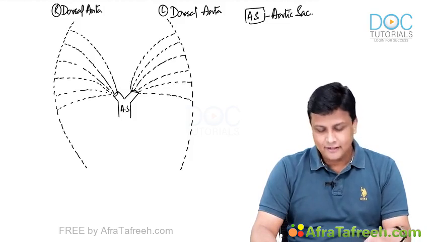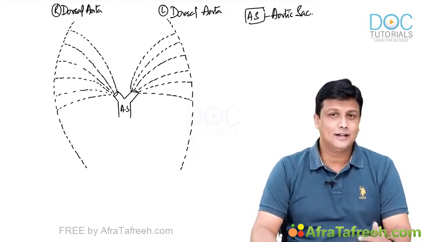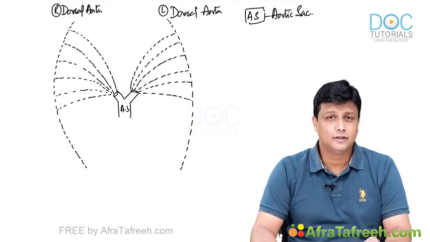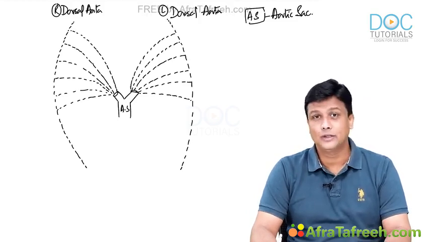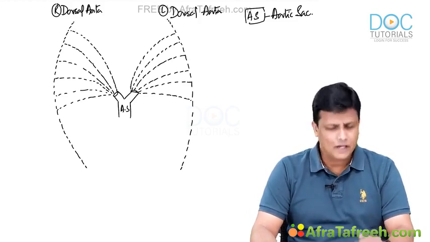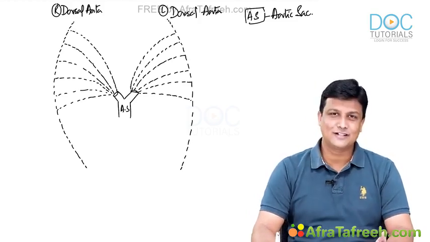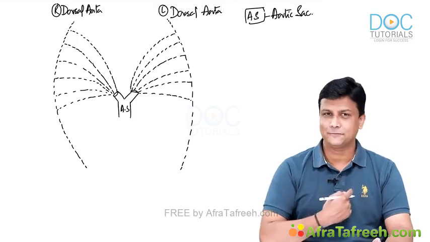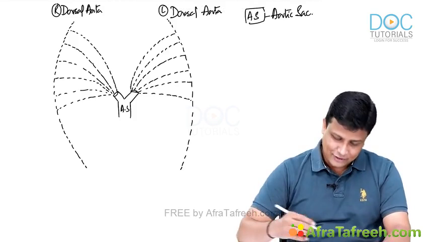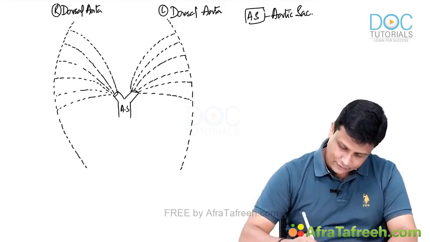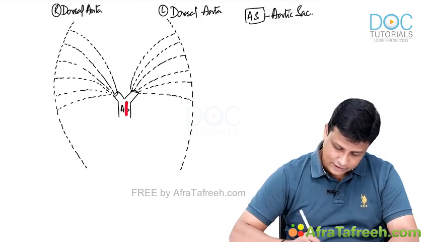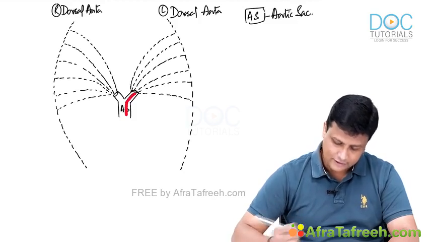Now once the entire platform is ready, let us see which arteries will be developing from where exactly in an easy manner. First of all, let's get started with the biggest one, the largest one, that is arch of aorta. Apply common sense, guys, right from first year onwards. Arch of aorta we have been drawing towards the left, at least in our diagrams in books. So therefore, arch of aorta will be developing from number 1, aortic sac, number 2, the left horn of the aortic sac,